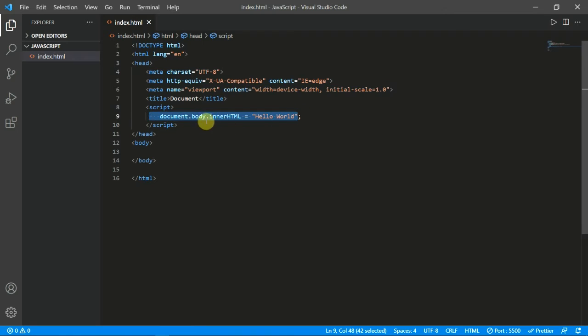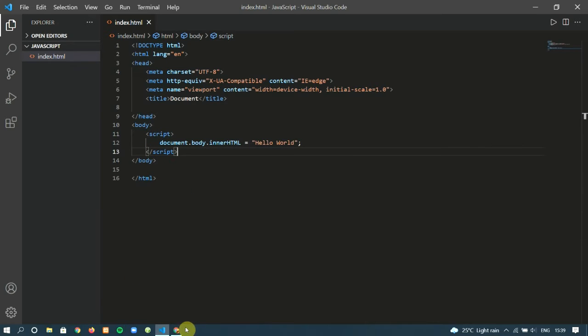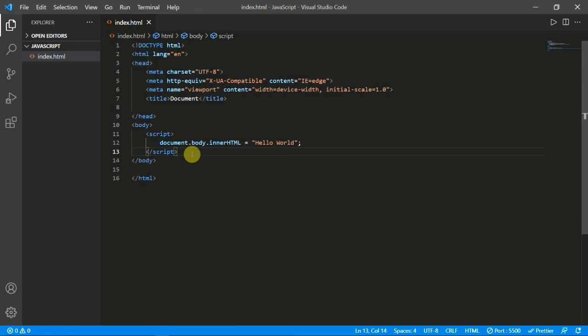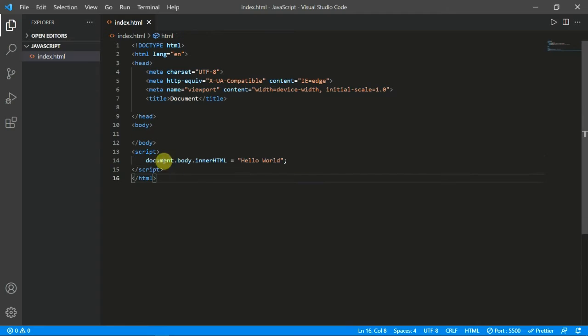So yeah, in this line we are trying to manipulate the body which does not exist yet. We all know it executes line by line. So when we first come to the script, our body is not yet created, and we are trying to manipulate it. So that is why we are getting an error. So I don't recommend you to give the JavaScript inside the head or body. It's better to give it after the body. Even inside the body it will work, you can see here we are getting the output. But yeah, it's better to give it after the body.